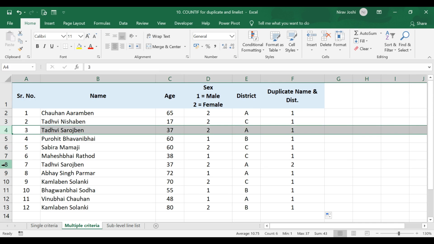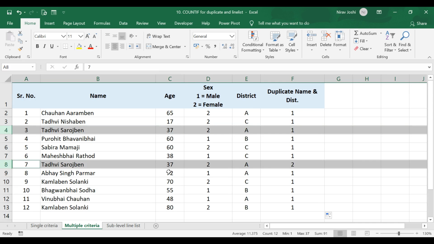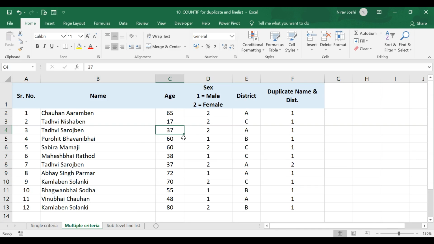So these two rows are having similar kind of data in terms of name and district, but there can be different data in other ranges as well. Like here we have same age in both data, but suppose I change the age to 62, still it will continue to show the data as duplicate because it is just comparing these two ranges. So it is on our discretion whether we want to keep that data or remove it by comparing other data of those rows as well.